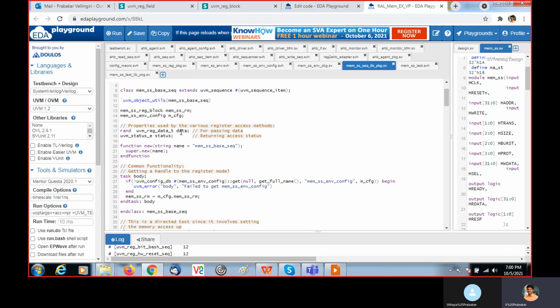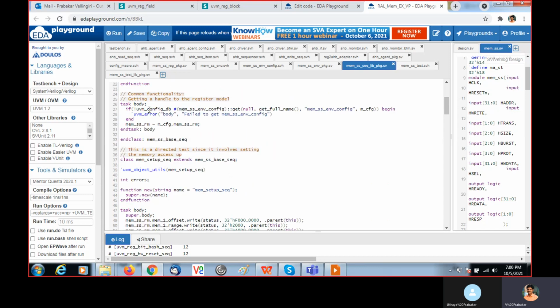Then this data and status, this data I'm going to use to pass or get the data. I'm going to use it as an argument in the write or read method. So those fields should be declared as uvm_reg_data_t, and the status is of type uvm_status_e.